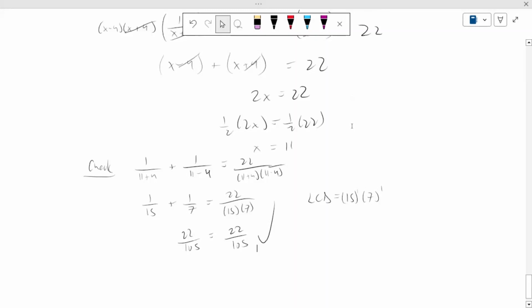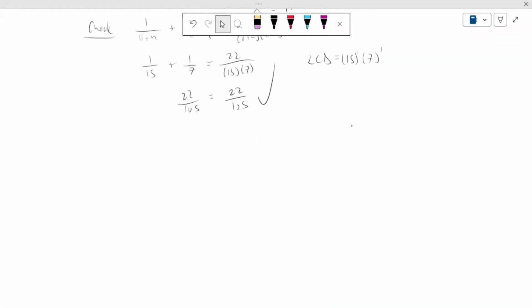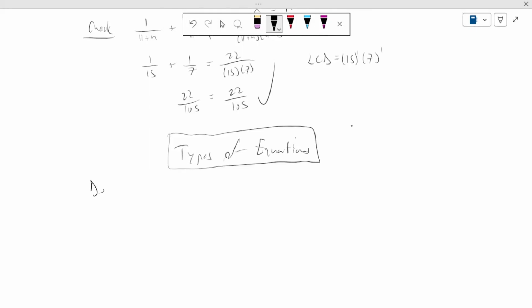All right, one last quick thing then. And this is just on types of equations, just special types of equations here. Of course, we've seen linear equations and now some very simple rational equations, right? But these types of equations go beyond that. So it's a definition here. So definition: an identity